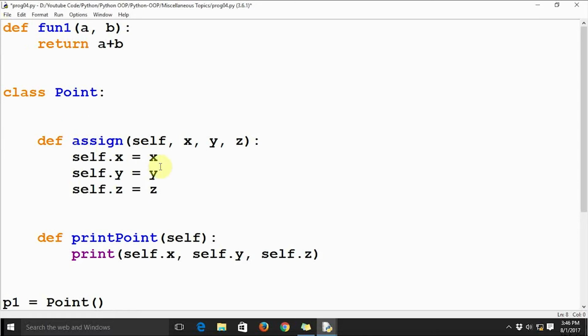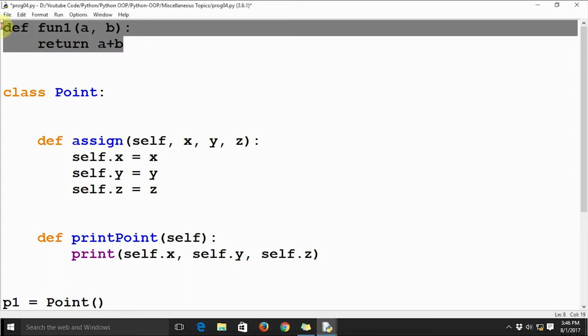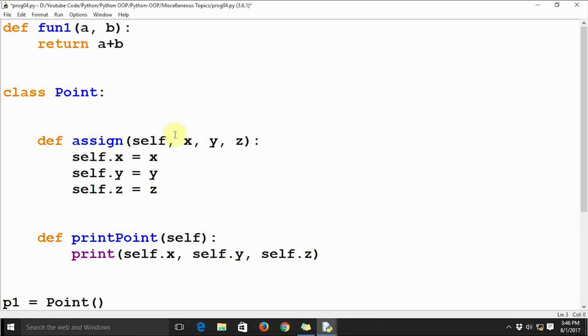While defining a method, we need to have a self reference parameter in the heading of that method. While defining a function, we do not need any such self reference parameter.